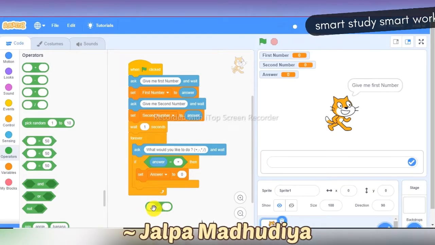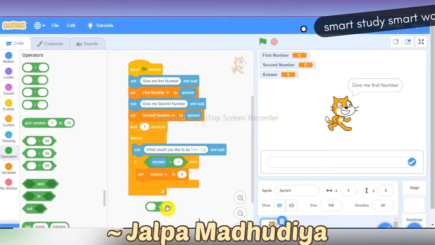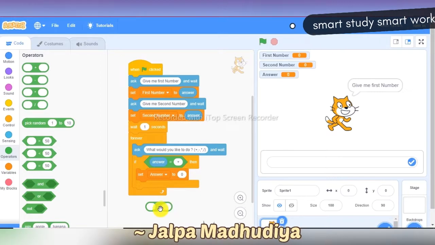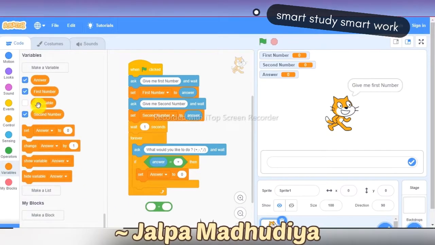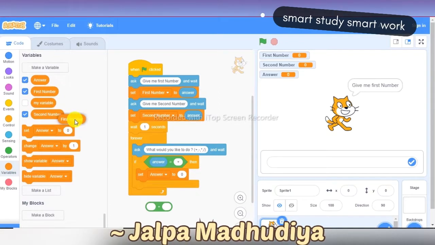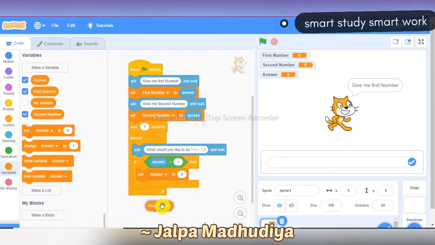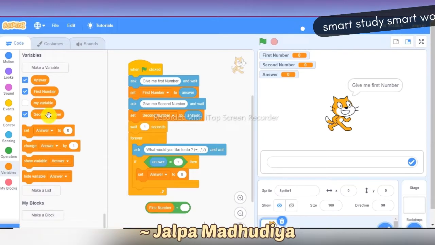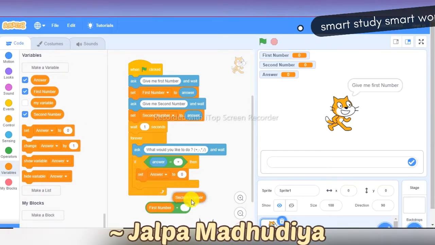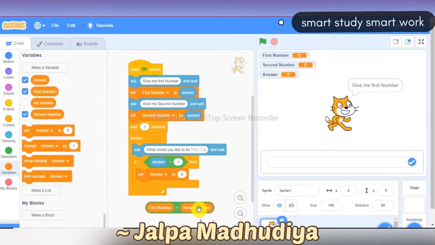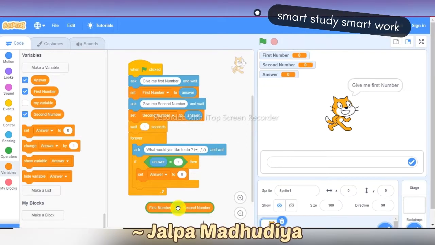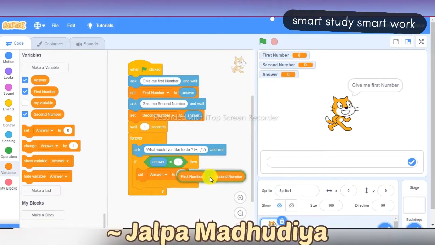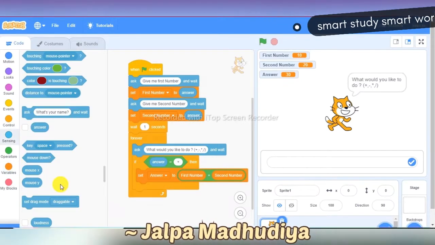Here choose the first number and second number from the variable block to do addition. Now put this operator block into the set block.